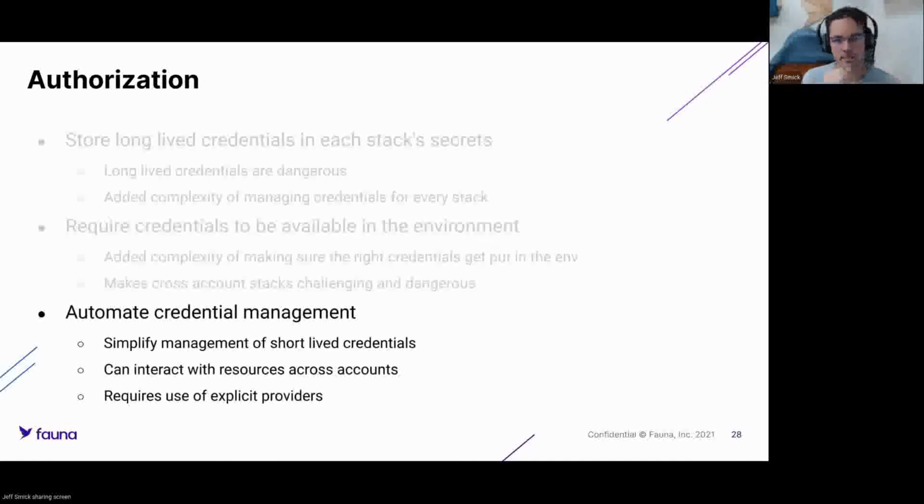So we went with automating credentials management. This allows us to use short-lived credentials, pull them and expire them as soon as we're done with them. We can pull those credentials for whichever account we need, so that if we have to reach across accounts, it's much simpler. And then it offloads all of the need to know which credentials to pull, the safety of pulling the correct credentials at the right time,